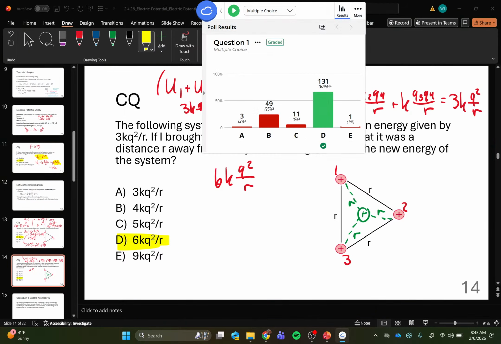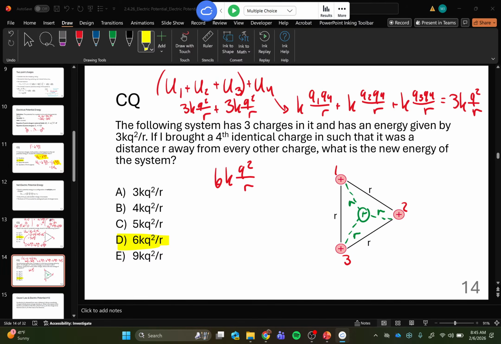So this is the idea of the system. With every single charge, you get more and more energy. It requires more and more energy. But in turn, you store more energy. You store more energy. If you released this fourth charge from the system,